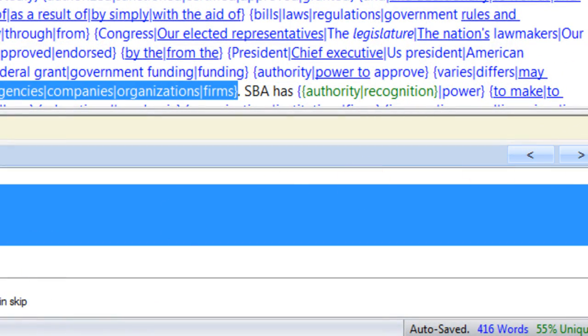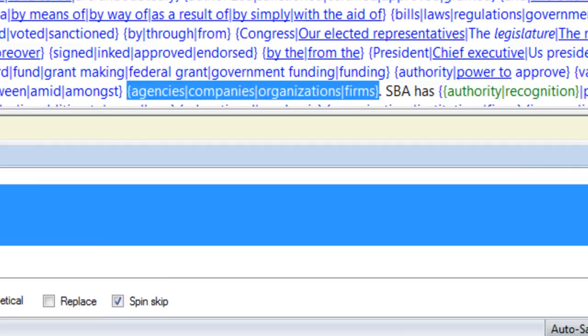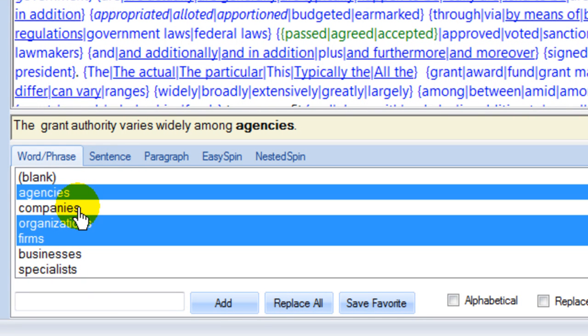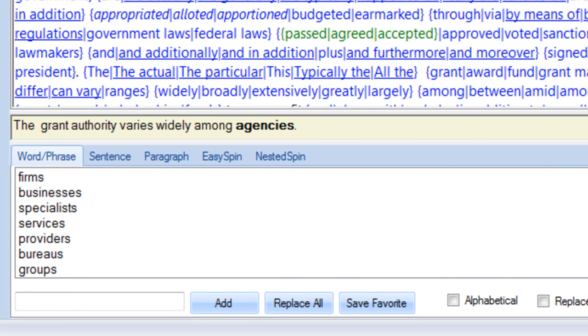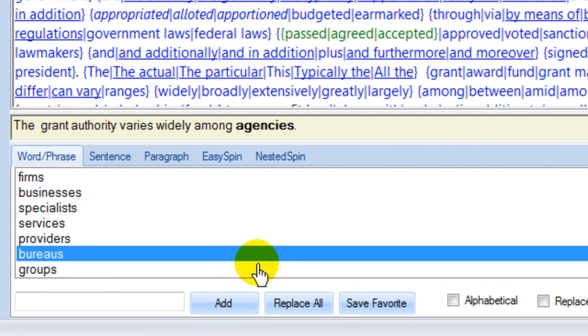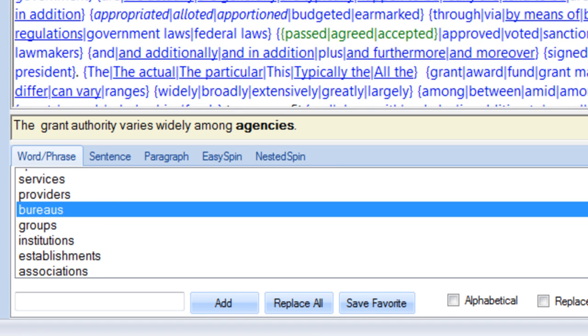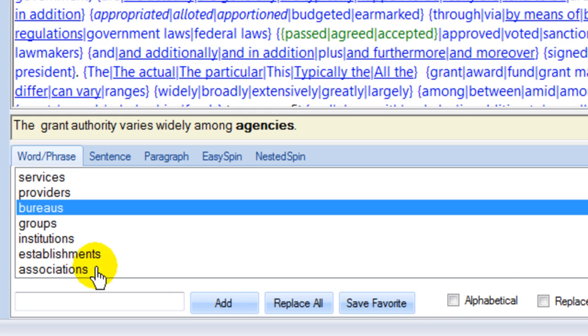Okay. Agencies, not companies. Agencies are government bodies, so organizations may be firms, not bureaus, maybe, because that signifies government institutions. Maybe institution among,